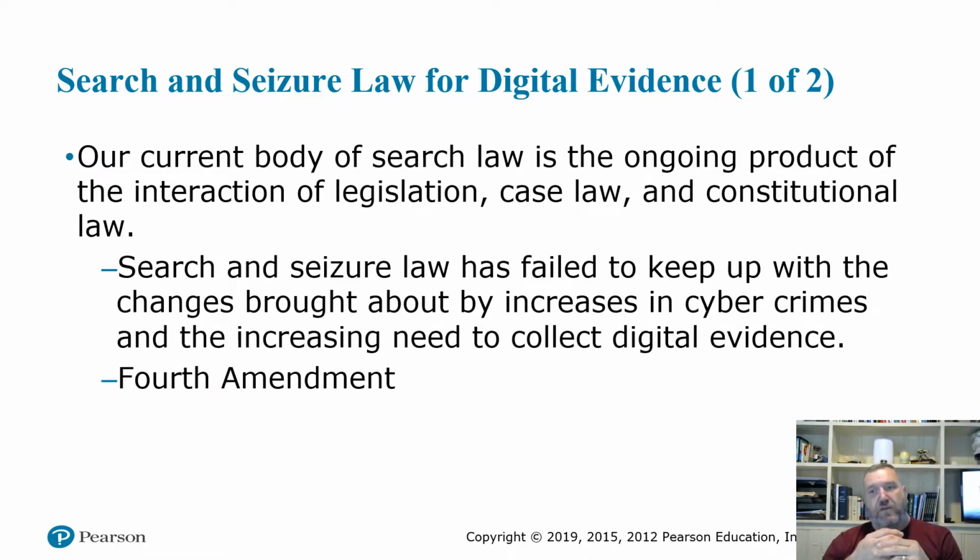Okay, so the current body of search law, it's an ongoing thing. But there are some tenets that have been grounded constitutionally through case law, etc. I guess the first thing you really need to remember is when we talk about case law, it's very important that you follow the entire case law. During the course, questions always come up. Well, why can't we use case law in our papers as empirical evidence? A judge says so. Well, that's a judge's opinion, as we've talked about. Case law has to be followed.